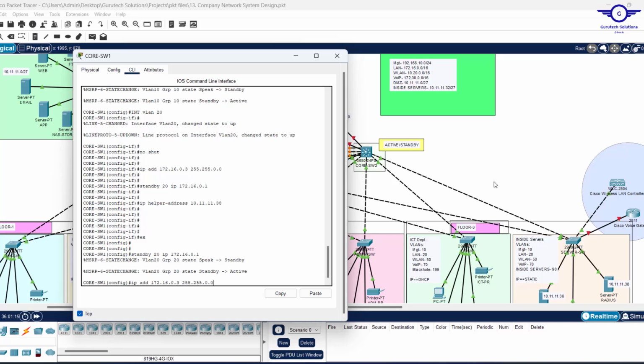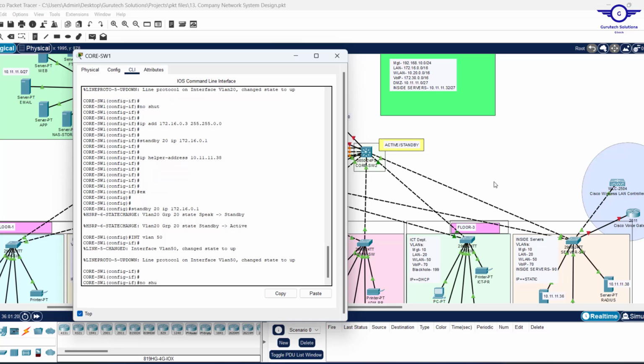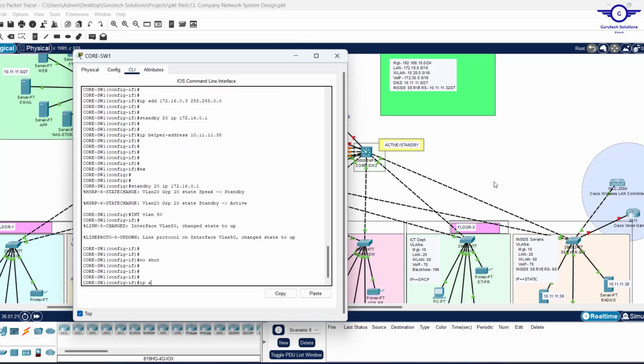So we go to VLAN 50, no shut. Then we assign the IP address. The IP address for VLAN 50 is 10.20.0.2 because we want it to be the standby router of VLAN 50. The second switch will be the active router for VLAN 50. So we'll give it